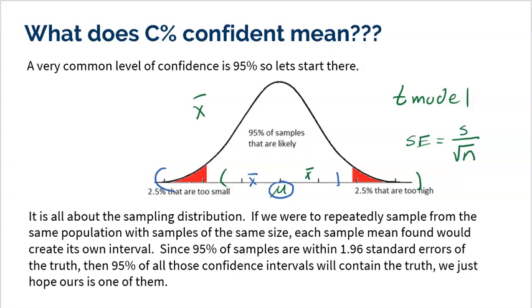Even if I have a sample that's right on the edge, pretty high, but still within that middle 95%, well then, hey, I still catch the mean. Even though I barely caught it, I still caught it. So the idea is that when we talk about 95%, we're talking about 95% of samples. And of all of those possible samples, each one of them produces its own interval. So really we're talking about 95% of confidence intervals. And we know that since 95% of samples are near the mean in the middle, then that means that 95% of intervals will contain the true mean. We just hope ours is one of them.